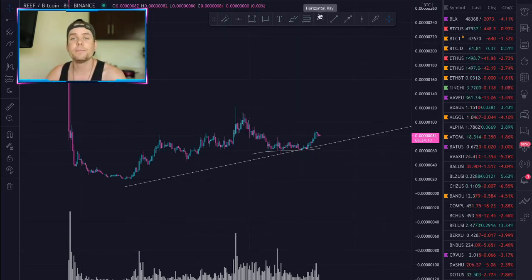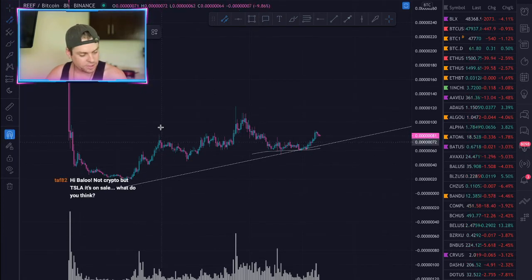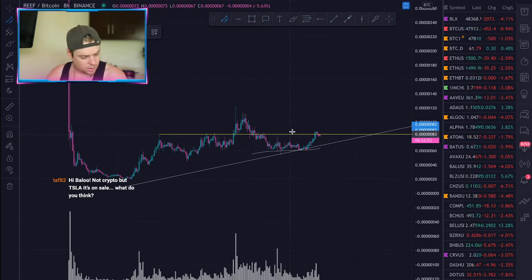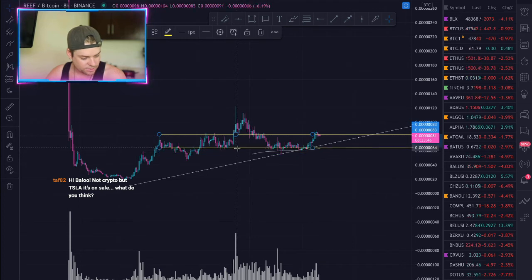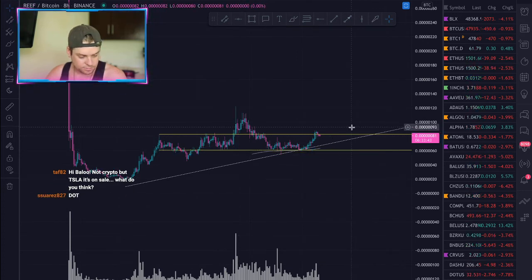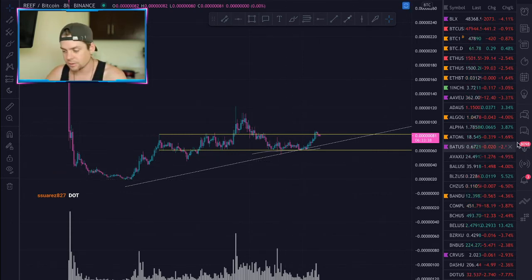It's taking its time, but I think it will eventually start to get a lot of retailers FOMOing in, because these are the moves that catch people by surprise. We can even draw a range on this one at the previous buyer's climax. Let's see what we got. Yeah, so we're below the range right now. I just want to see what happens with this one. It's just quietly appreciating in value. So we'll just take a look at that.